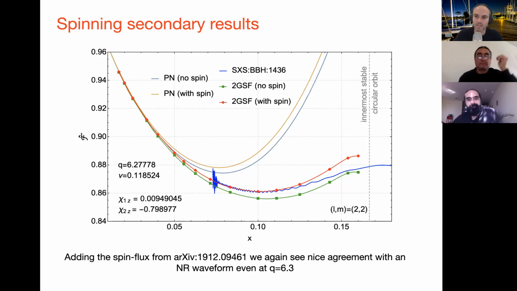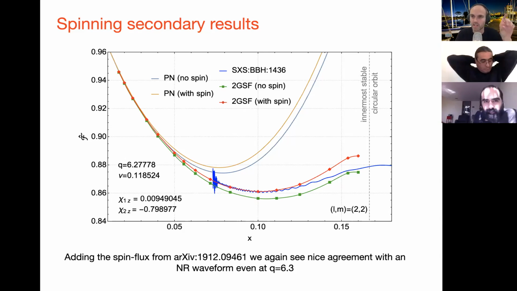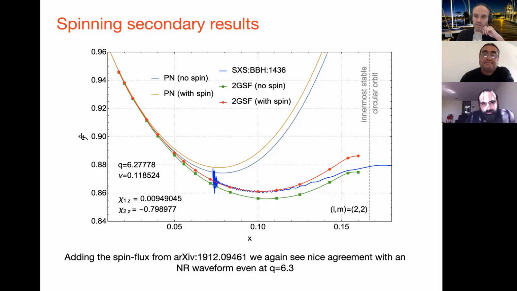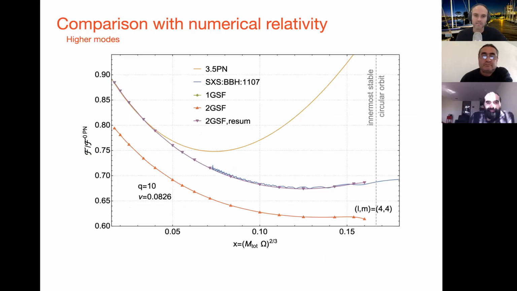And so in that system, the first one I introduced, the one they had this 1 to 9, that was the first binary where I think they had unambiguous detection of the higher modes. So it does matter that indeed, we have this discrepancy in, for instance, the 4-4 mode. Now, this is a mass ratio of 1 to 10, which is really abusing perturbation theory. At 1 to 100, where we actually have no numerical relativity simulation to compare against, you would expect these to agree very well. And so certainly I think for intermediate systems and beyond, this is the way to go.